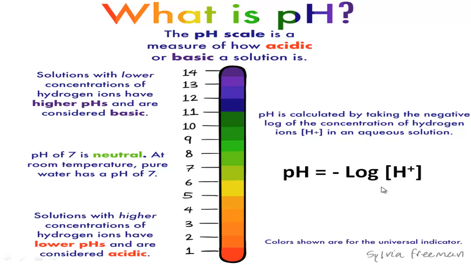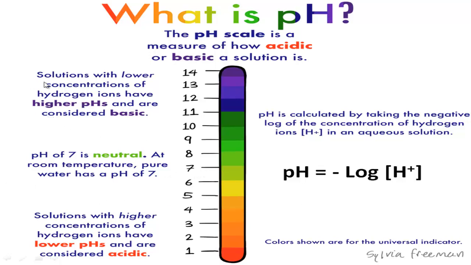For example, if it decreases 10 times, then what will be the value? Then its value will be 10 to the power minus 8 mole. So in that case the pH value will be calculated as 8. So for a basic solution, it goes up from the neutral value, that is 7.